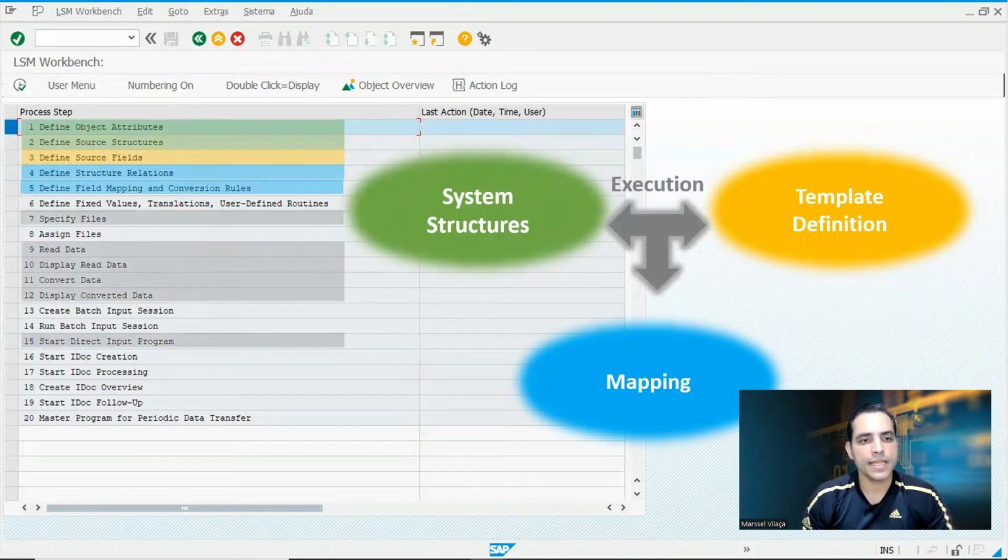Then from step 7 until the 15th, we got the execution itself. So until step 5, we got the LSMW already built. After that, we have some steps to execute. In step 7, we need to update the file directory, and then we go ahead just to proceed for the massive postings. This LSMW is mainly used in data migration, but this process here I'm showing you is mostly for,